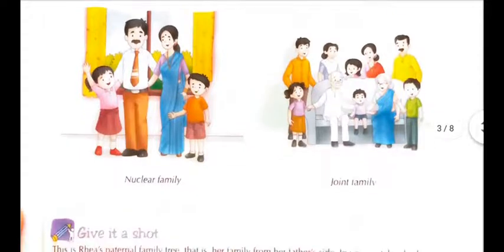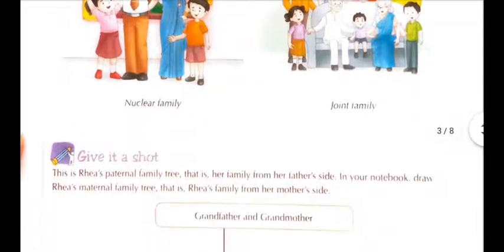Here we can see pictures of nuclear family and joint family. In nuclear family, mother, father and two children are there, okay? Whereas in joint family, grandparents, father, mother, uncle, aunt, cousin and children are there. Now, next,